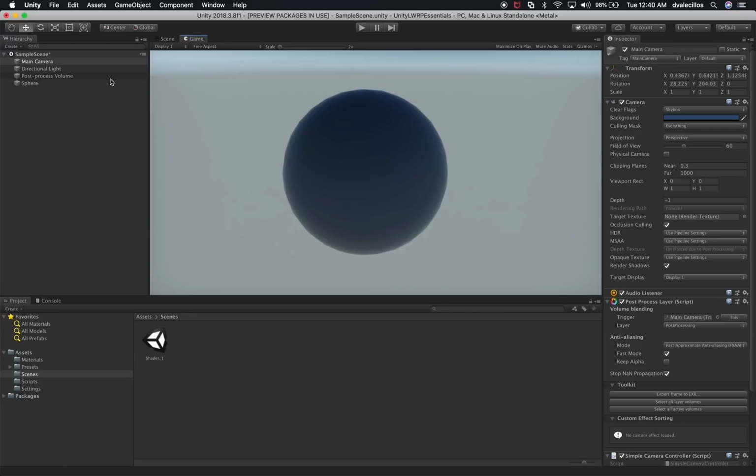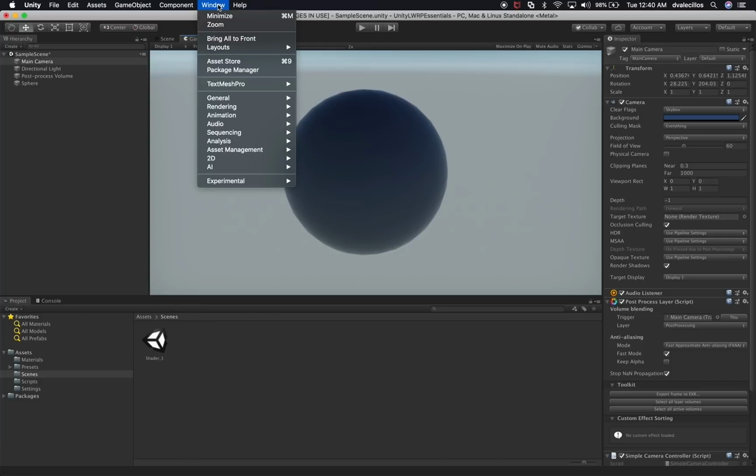So the next thing that I'm going to do is I want to update the lightweight rendering pipeline and also Shader Graph because they have a new version available, and that new version allows me to basically expose a property through the shader so that we can change it in the inspector, and I want to show you that as well. So before we keep going, let's go to Window, and then we're going to go into the Package Manager